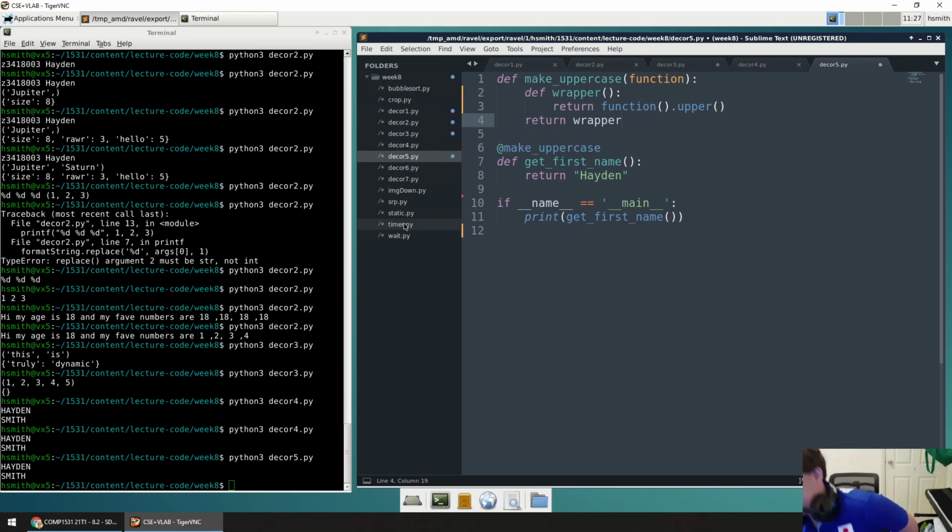This gets a little bit meta programming-y, but sometimes you can refer to these a whole bunch of different ways, but make uppercase is a function that returns a function. And the function it returns is the wrapper function. And that wrapper function is a function that literally just returns the result of getFirstName made uppercase. Right? It's very confusing. But make uppercase's job is to return a new function. And what I mean by this is that